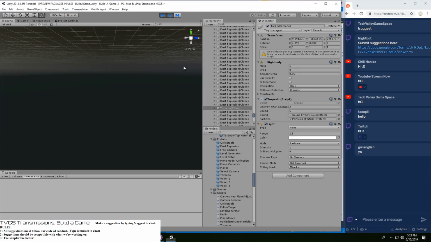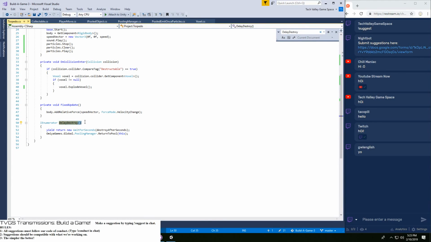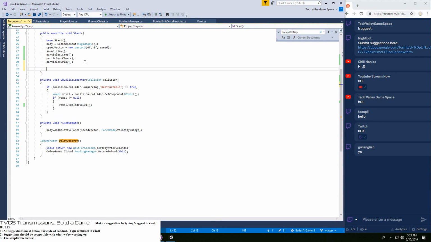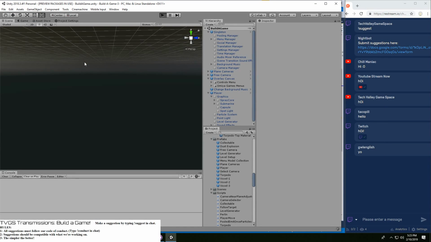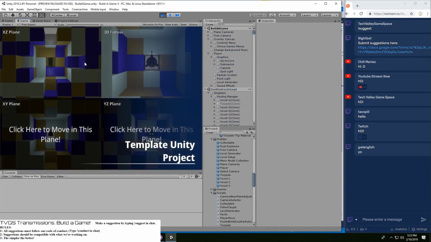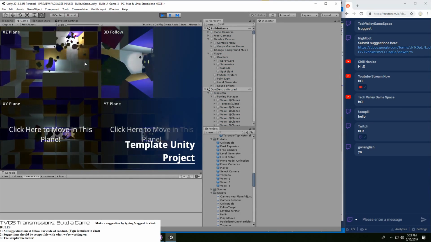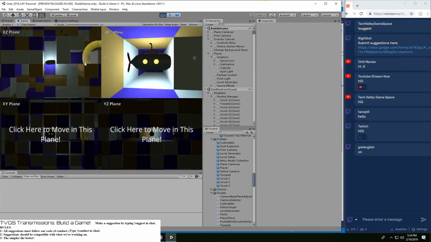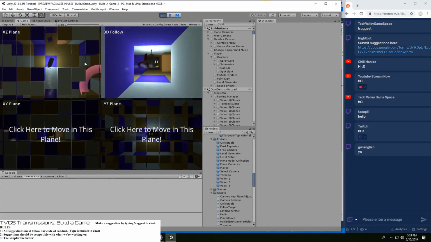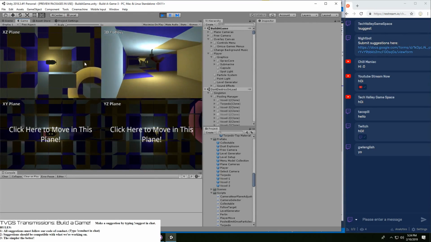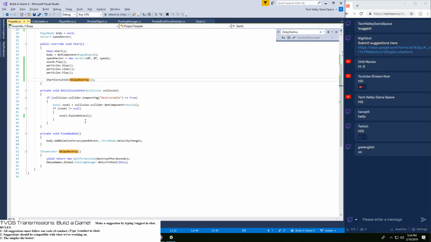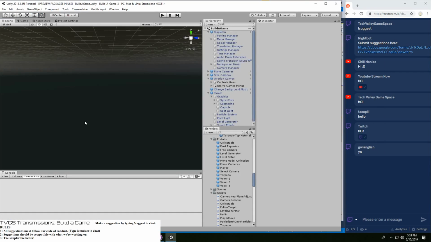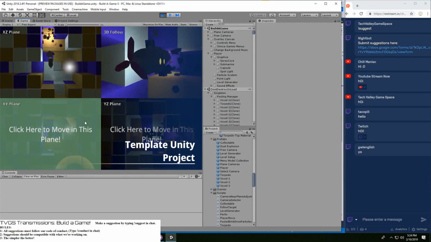This is never called anywhere. Start coroutine this. Oh, if you look at it very carefully, you can in fact see it. Why is it shooting now all over the place?